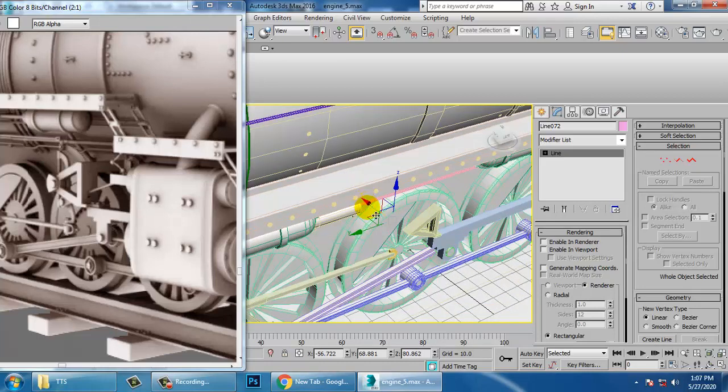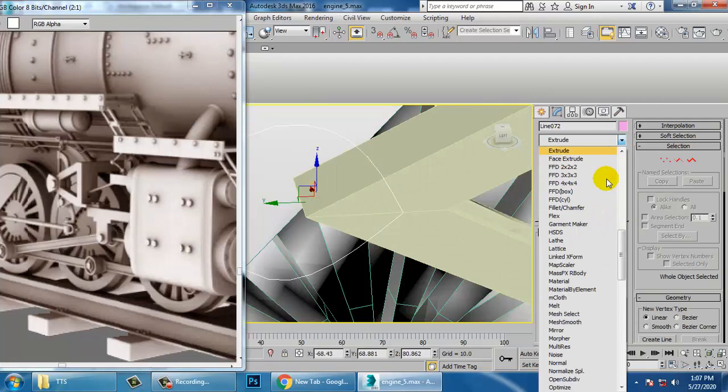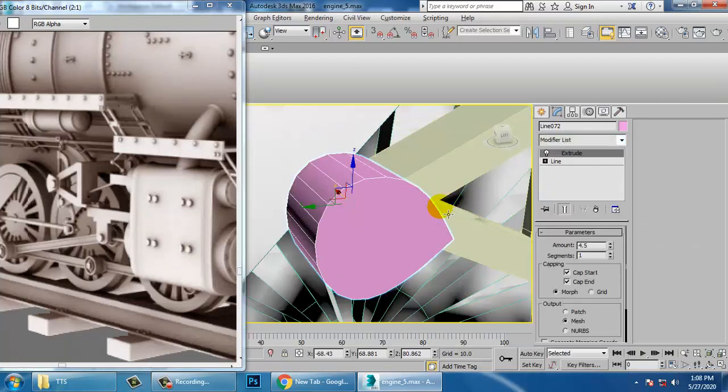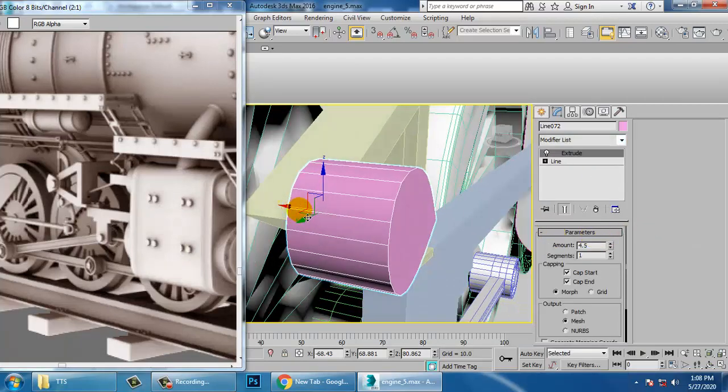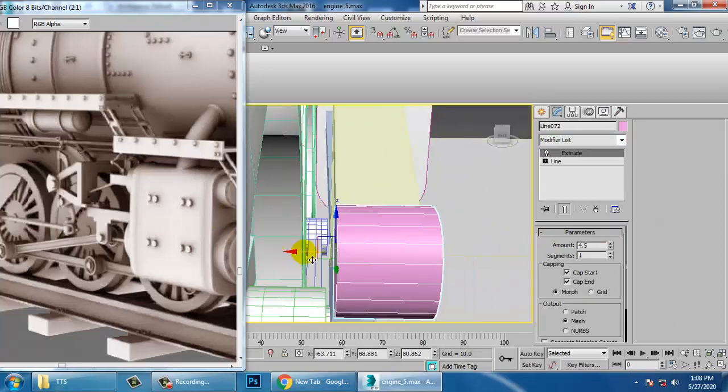Just push this till here and give an extrude modifier.